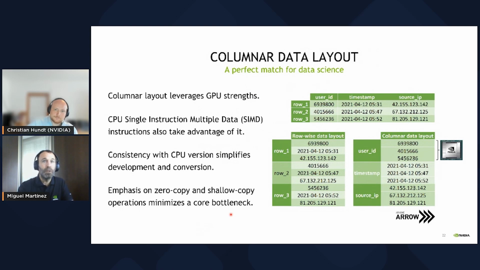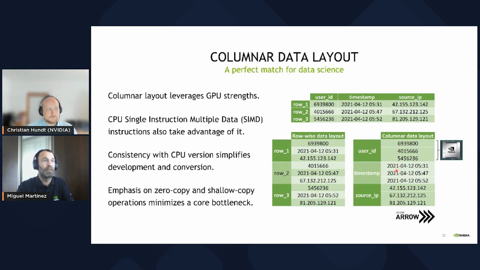Just very briefly, why a columnar data layout? Basically, because most of the operations, not all of them, but most of the operations that we perform in data science benefit from organizing the data in columns instead of rows. Let me give you one example. For instance, we would like to calculate the mean of all the timestamps. This is a row-wise layout, okay? So if we want to calculate the mean, we need to read all the values and then sum them up and divide by the total number of values. So we have multiple memory reads at different memory locations. What happens if you have all the data located in a columnar layout? You can read everything at once, calculate the sum and divide, and this is much more efficient.